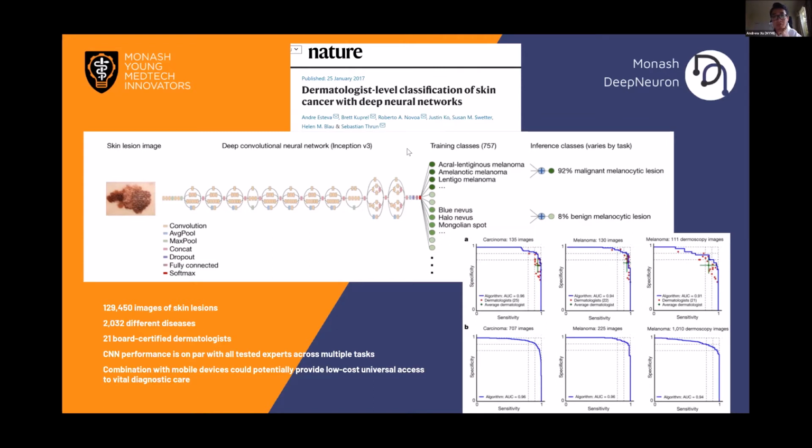Could there be overdiagnosis? That's an interesting question. So I'm assuming what you mean by that is that if it's a skin lesion that is benign, so it's not dangerous, and the machine said it's dangerous, or if it's dangerous and the machine says it's not dangerous, that could be very problematic. And that's a really good point. And there's a lot of research going into how to account for that.